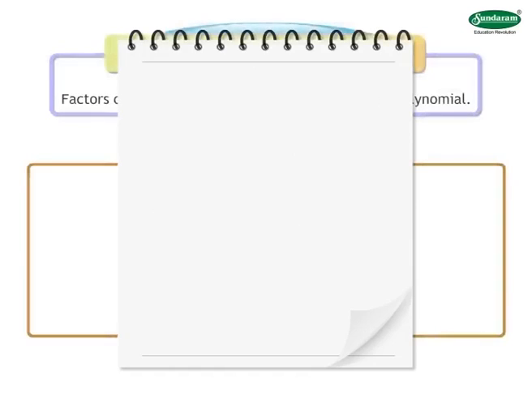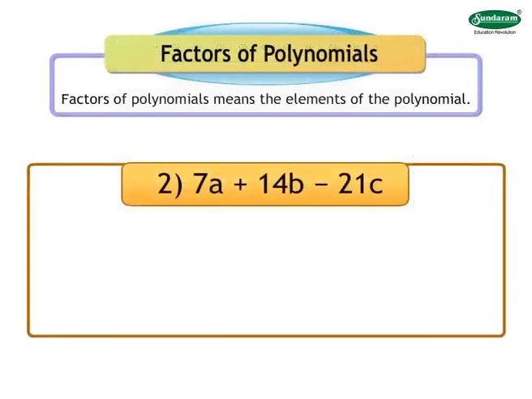In this sum, we can see that the variables are different in all the three terms of the trinomial. But there is something common in their coefficients, that is 7, 14 and 21. And that is the number 7. We shall take 7 as the common factor. Remember, we will take plus 7 as common and not minus 7, and hence the signs between the terms will